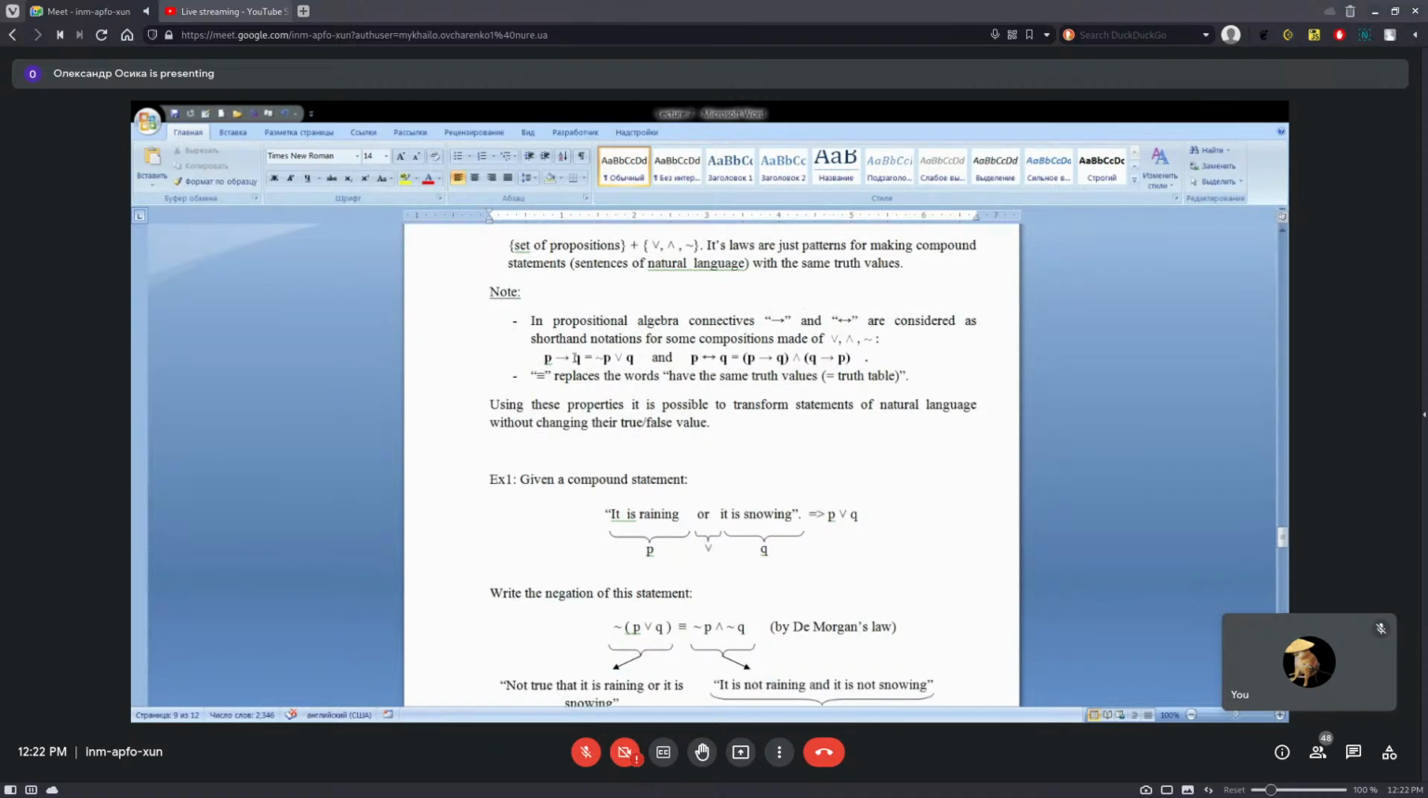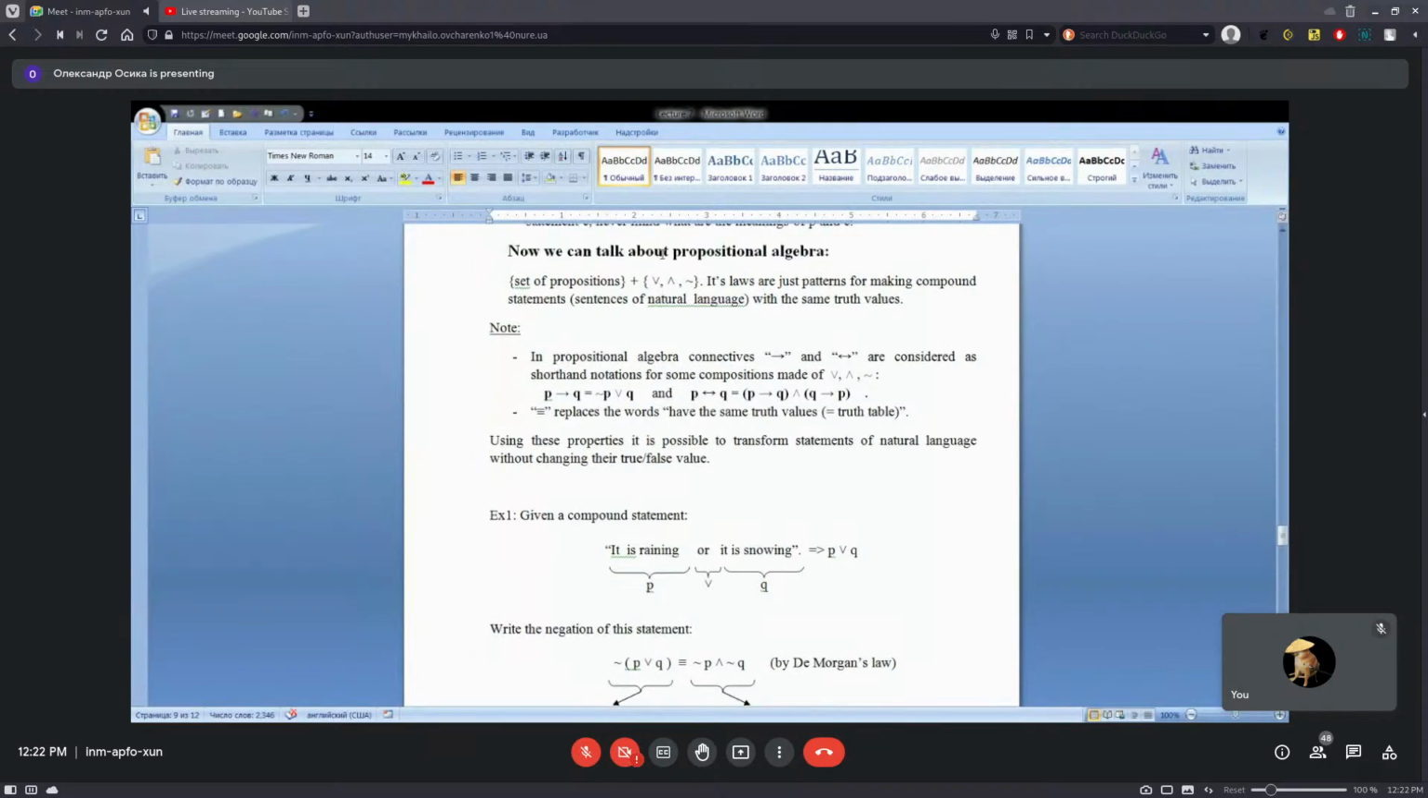P implies Q. It is equivalent. You see here I write equivalent: not P or Q. And here, now we use only the connectives that are convenient for transformations. Biconditional is equivalent to P implies Q and Q implies P. And that's why,